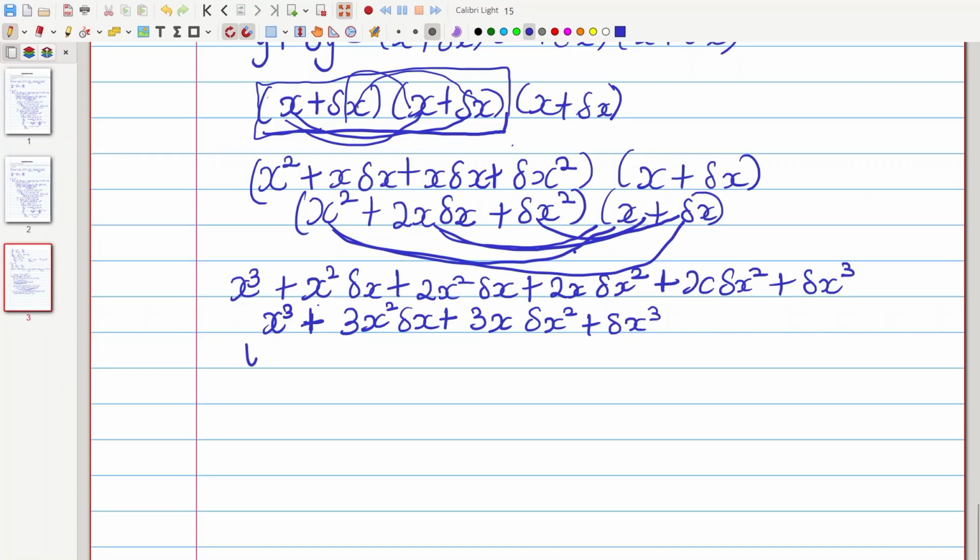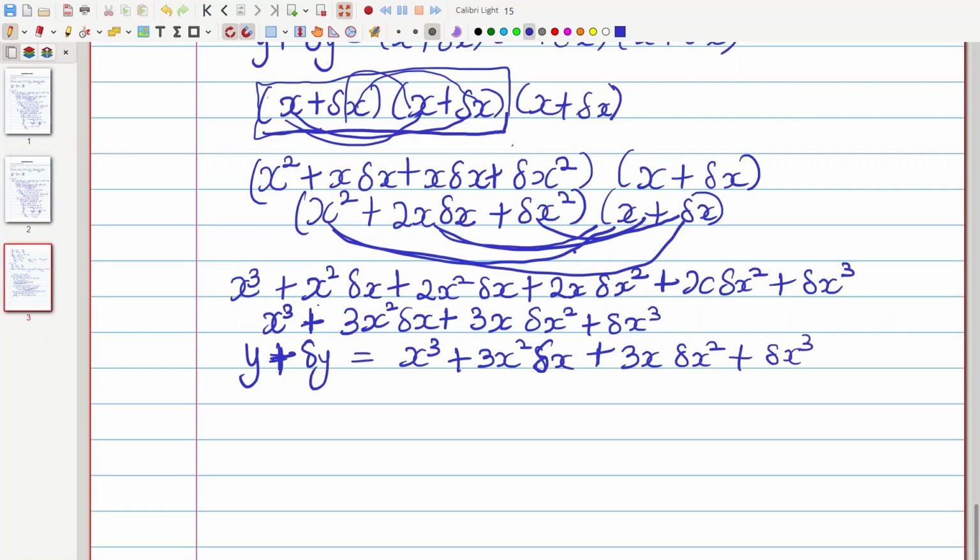So it will be y plus delta y is equals to x cube plus 3x squared delta x plus 3x delta x squared plus delta x cube. Okay, so we have done step 2. Now step 3